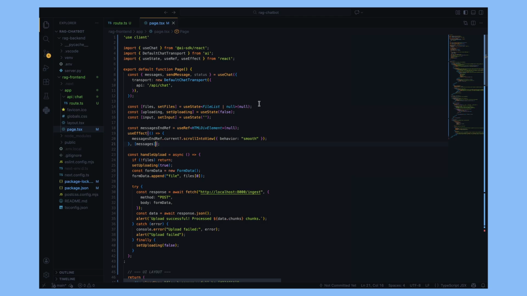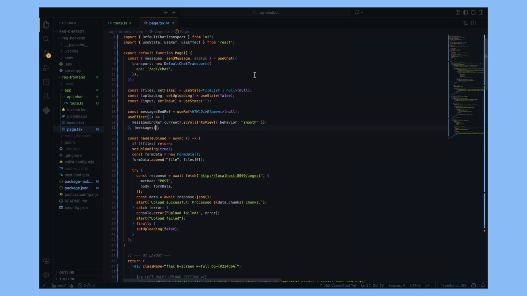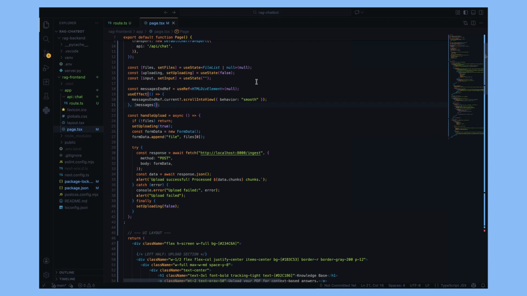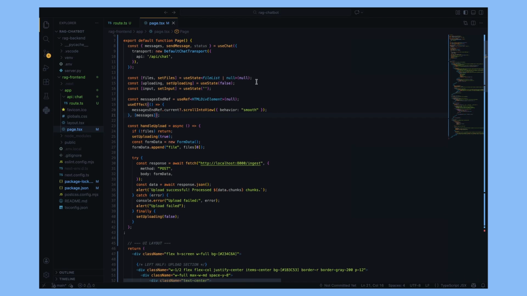Now let's look at the front end. This is the client-side React component built with Next.js. I'm using the AI SDK useChat hook to handle the chat logic and stream responses from my backend. At the top, I set up the chat connection so messages are sent to my API chat endpoint. The hook gives me the messages, the send function, and the current status, which is basically everything I need for